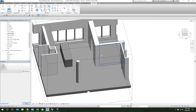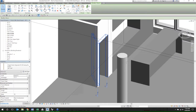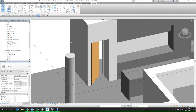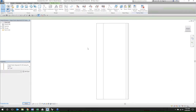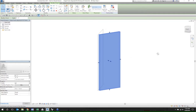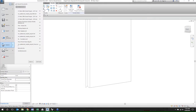Let me show you another example of something that I've done to make this model a little bit easier to print. So there's a door. The design required no door frame because when it's closed, it's the same color as the walls. But what I did is I took that door, edited the family, opened up that RFA, and made the panel as big as the opening. Meaning there is no door undercut, right? Normally there'd be a door undercut, an inch or so away from the floor. But what I did in this example,